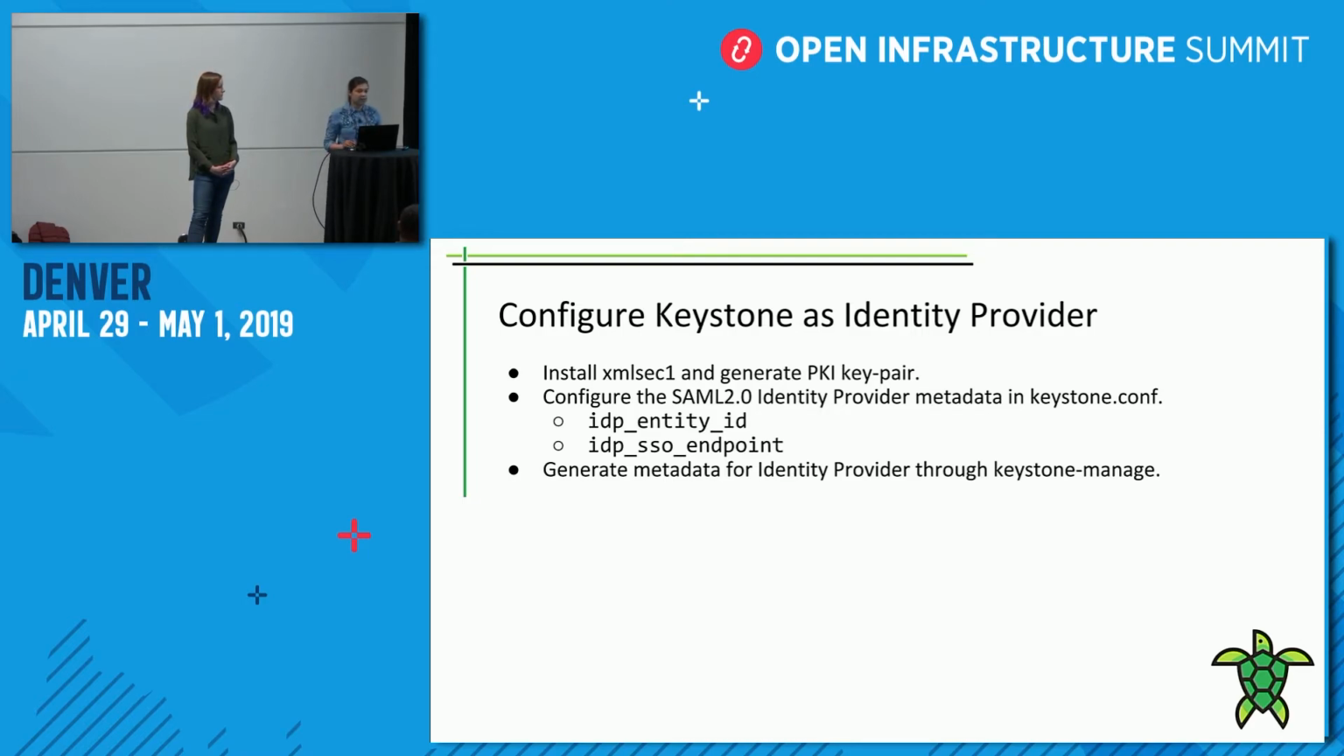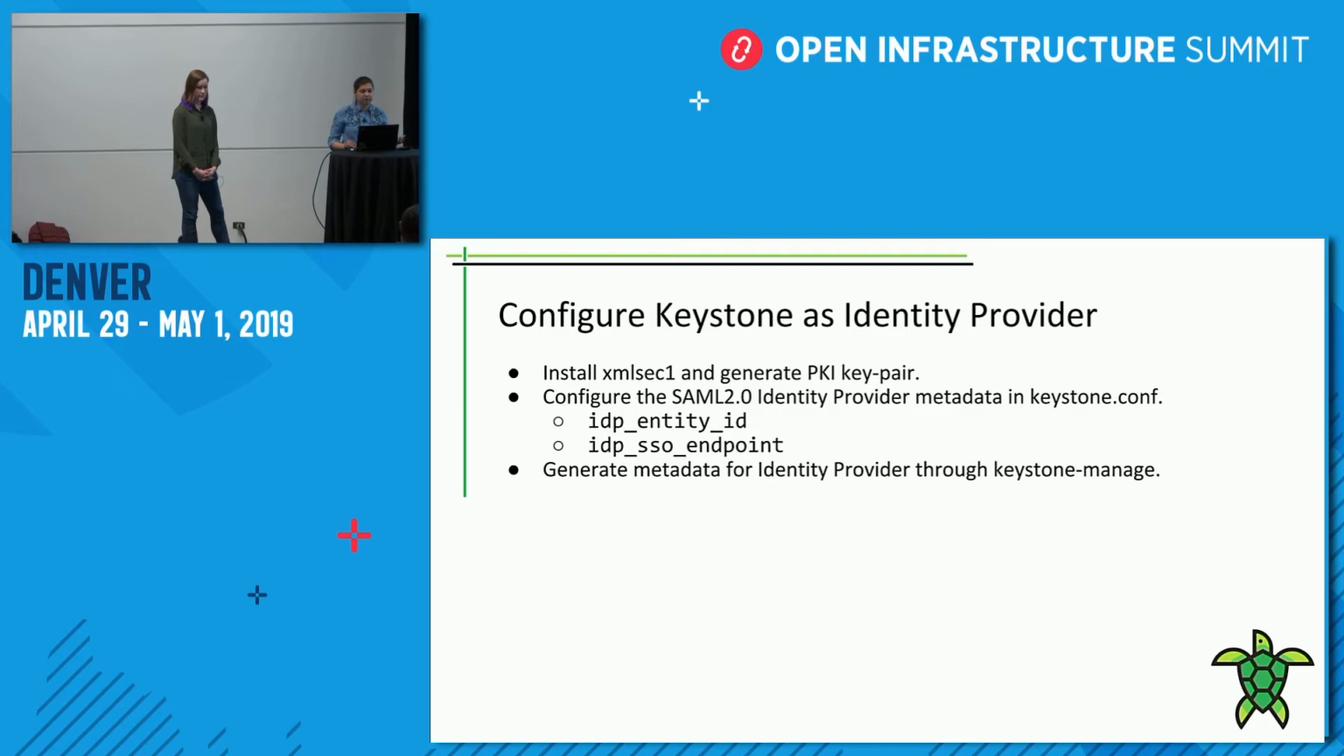For the service provider to trust our identity provider, we need to provide our basic details of the identity provider to the service provider, for which we need to generate metadata for the identity provider and pass it to the service provider, and also to generate keys in order to have a secure connection between both. We also need to